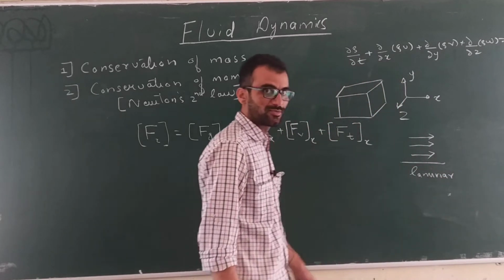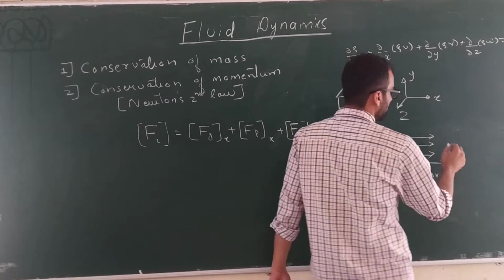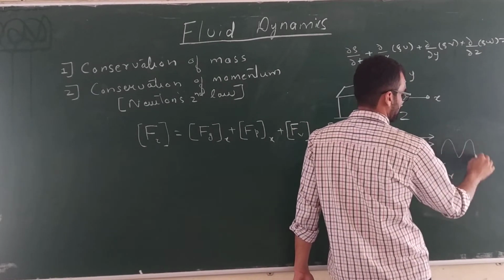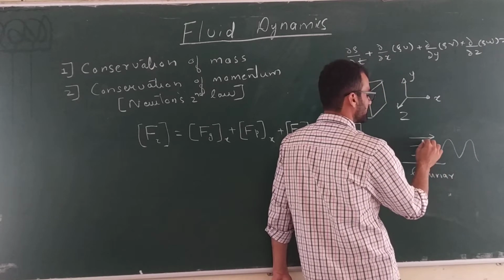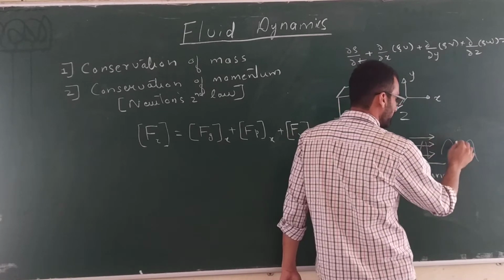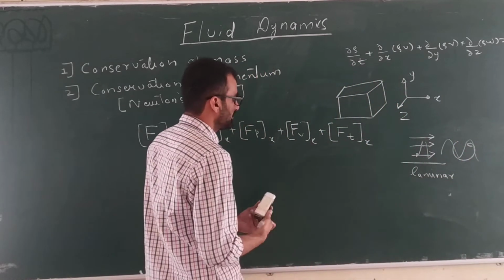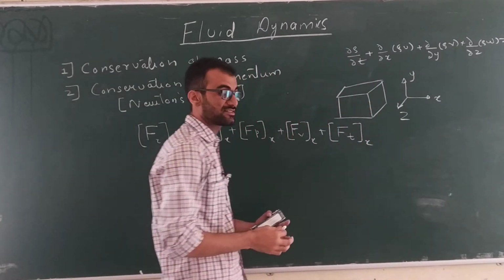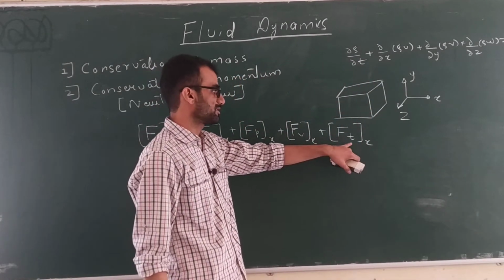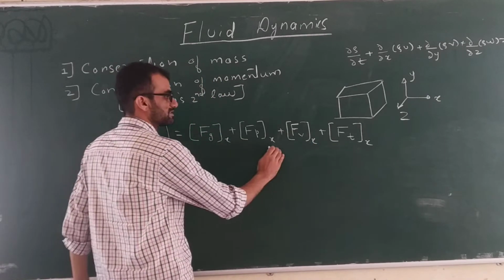But if you have a turbulent flow, that means the Reynolds number is very high, the inertia of the flow is very high. So fluid particles will cross their path. Fluid particles from this plane will enter this plane and this plane. There will be the formation of eddies, okay. That is called the turbulent eddies. And in turbulent flow, you will also get some extra stresses. Those are called turbulent stresses. So turbulent force is due to turbulence. So these are the major forces that you may encounter.